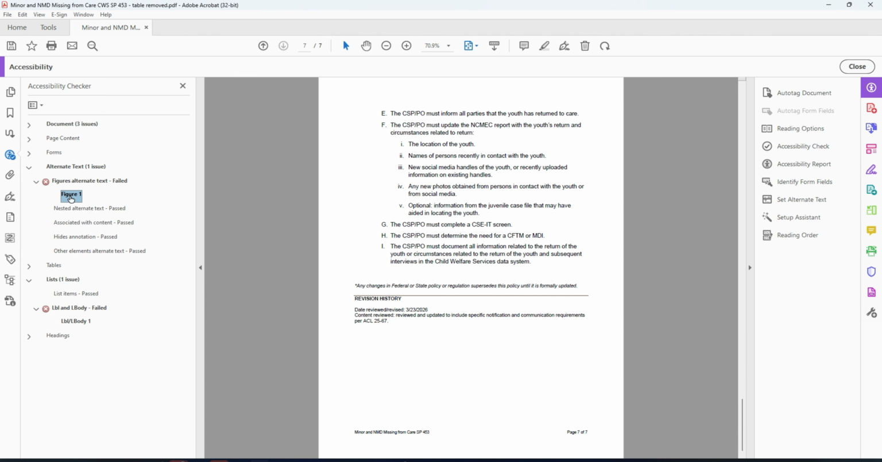Okay, by clicking on figure one, you can see that there's only one failed here now. So what is that? Well, it doesn't show us specifically, but I know it's this line here. There's really no alternate text for a line. It's really for